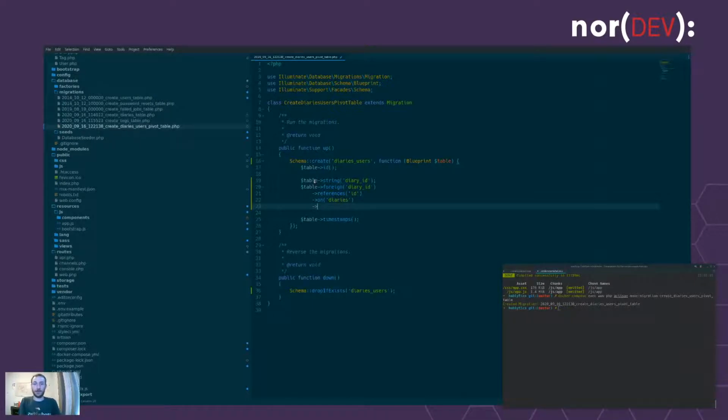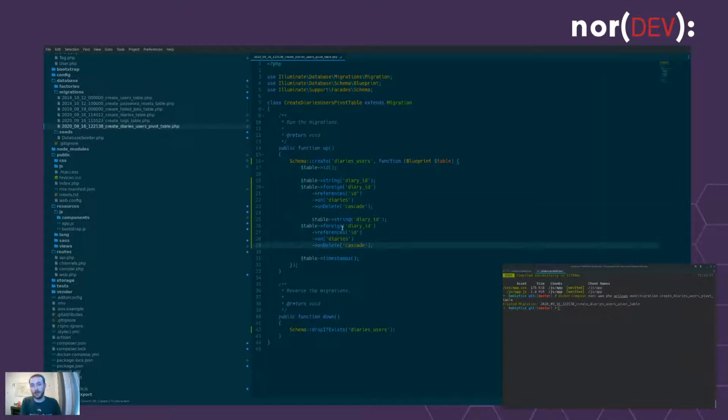And what we can then do is we can say on delete, we can cascade. Now that last bit basically says that on the deletion of the foreign reference, or on deletion of the entry on diaries, then we're going to cascade that deletion down to this particular item as well. So once the diary gets deleted, then we don't need the diary user relationship anymore. So those two lines will set up our diary ID column with its foreign key references, and then we'll copy